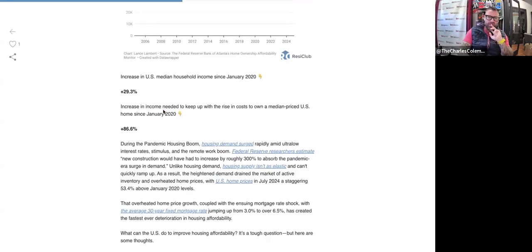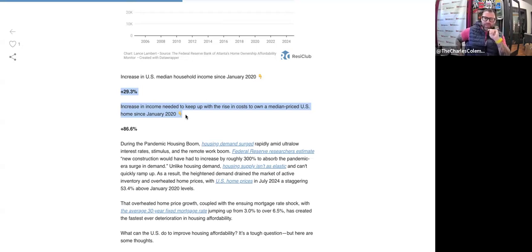So it says increase in income needed to keep up with the rising cost of home ownership, 29%. And I would say that probably that 29% is relative all the way across the board, right? That number is probably pretty safe if you were to say, versus Colorado. Well, we know that the median price in Colorado is a lot different than it is in the nation, yet you could probably be pretty safe to say that on average, or the median, is a 29% increase. And then it says